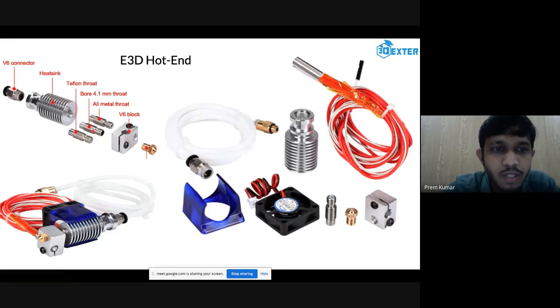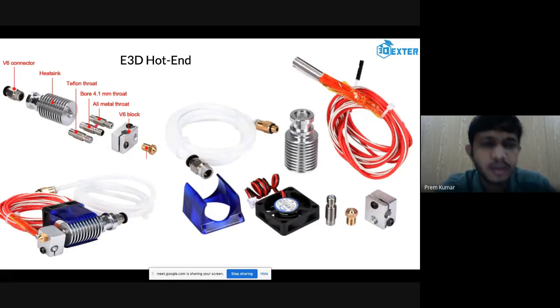If you look at both of these, in this one the main pipe goes from top to bottom into the throat, but in this one, this PTFE tube, which is a much thinner one with around 2 mm inner diameter, is inserted from the bottom side, and from the top, the pipe can enter till this area. The main pipe that is coming from the top, the one guiding the filament, will stop here, and there will be some track inside, and from the track it will enter into the throat. So you can use any of these throats.